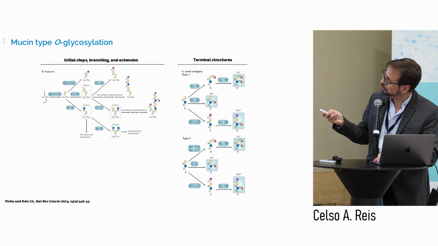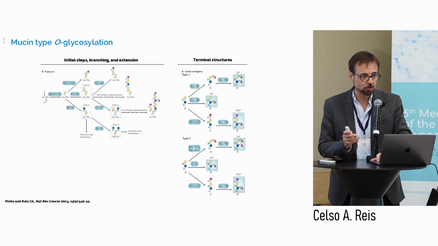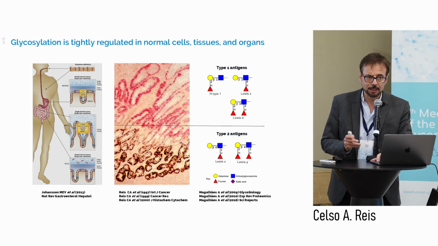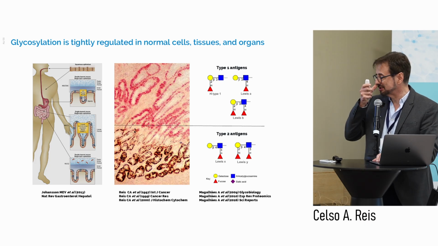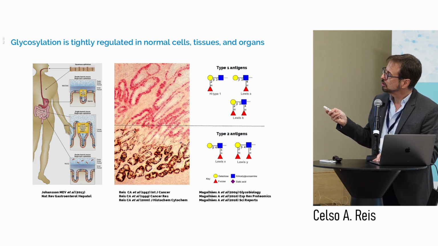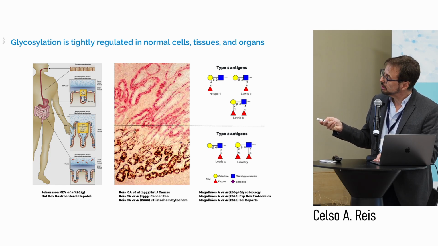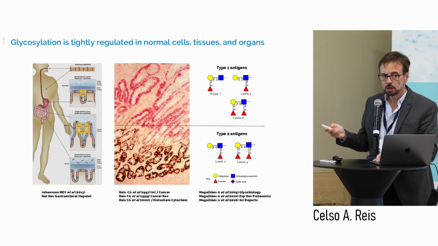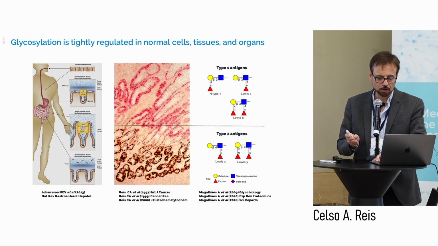And the terminal structures, as we always see, involve different fucosyl transferases and sialyl transferases that lead, for example, to the controlled biosynthesis of the Lewis antigens. This is highly controlled in normal physiological conditions. This is just an example in the gastrointestinal tract, in the normal gastric mucosa. The differentiation program towards the apical part of the mucosa leads to the biosynthesis of H-type 1, Lewis A, and Lewis B, whereas in the deep glands of the mucosa you have type 2 Lewis antigens, Lewis X and Lewis Y. This is highly controlled, following the program of differentiation of the cell.